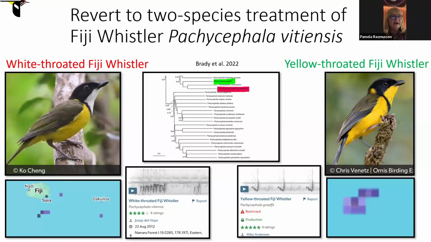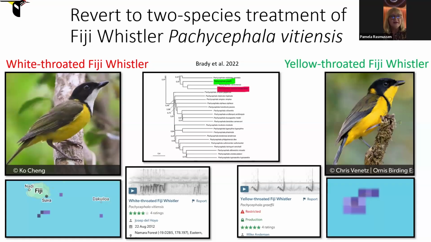And in Fiji, we had all the various taxa of whistlers lumped. They're surprisingly variable geographically within Fiji. Fiji has a bunch of quite complicated geography that has led to that. And based on a phylogeny, they were kept separate for quite some time, the white-throated versus yellow-throated, but there's different forms of yellow-throated as well that really look quite different, but they do integrate. So it was thought that probably they should all be lumped,